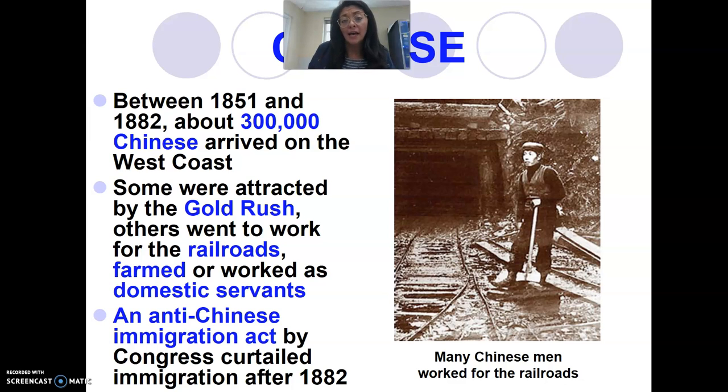The Chinese help build America. They're some of the largest labor contributors on the rail line to build that western section of the Transcontinental Railroad. That's called the Central Pacific Line. Some of them work in domestic work, many work in farming, and there is a very nativist response to the